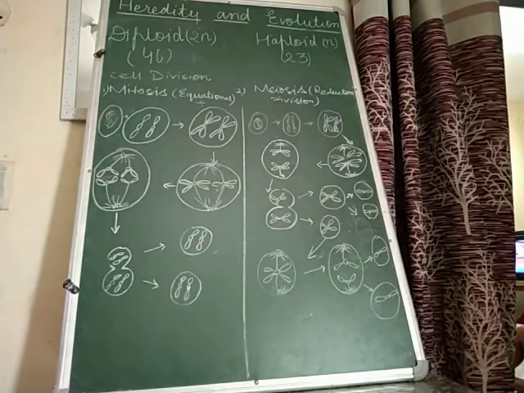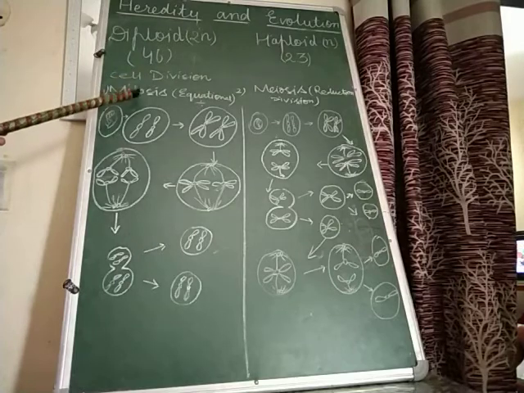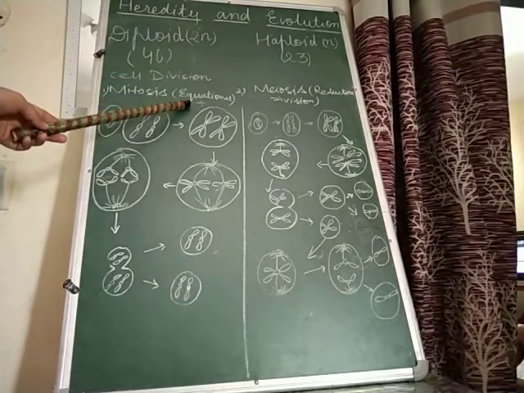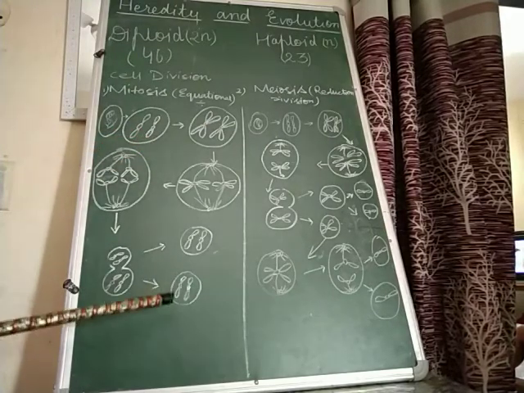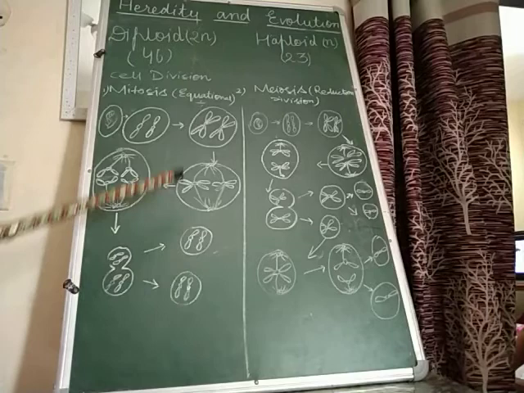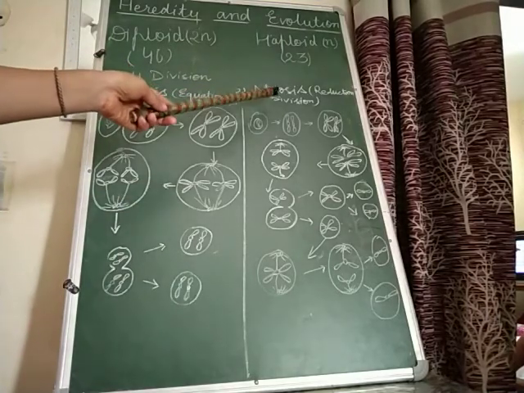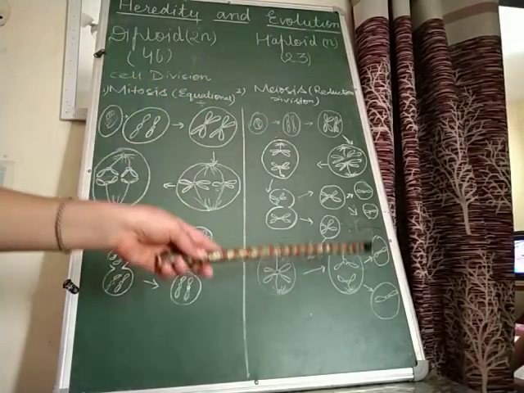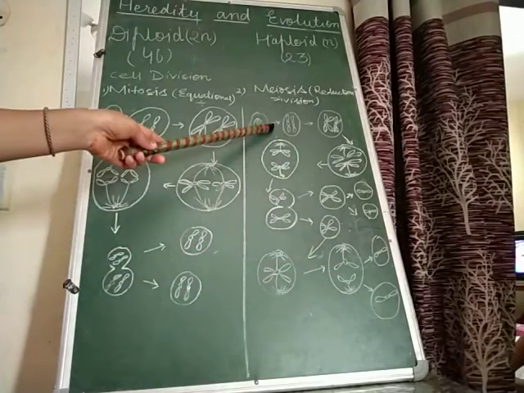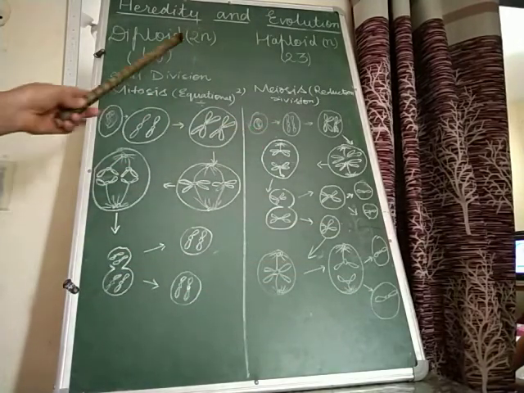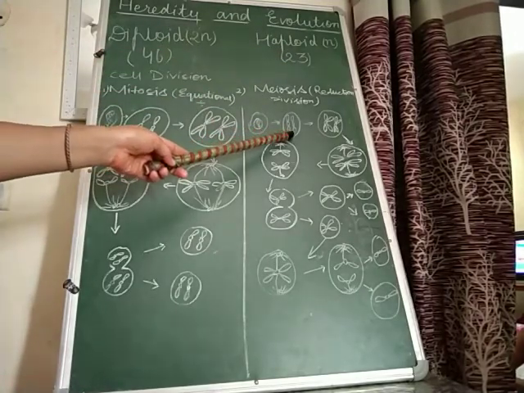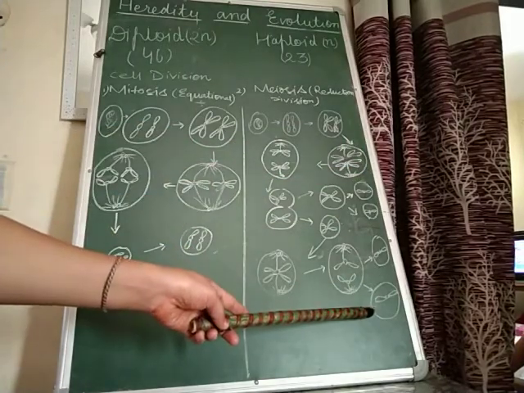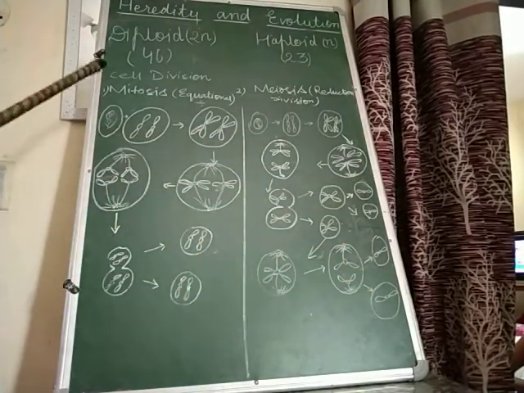In 9th class we dealt only with mitosis, which is called equational division, where the number of chromosomes remains the same at the beginning and at the end of the cell division. But in meiosis the number of chromosomes becomes half. If we have 46 in the beginning, the chromosomes become 23. If the number in the beginning is 2, at the end of the cell cycle it becomes 1. I'll explain the cell division, you can see.